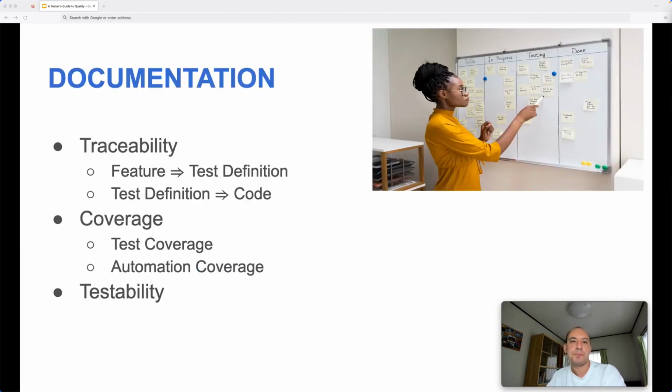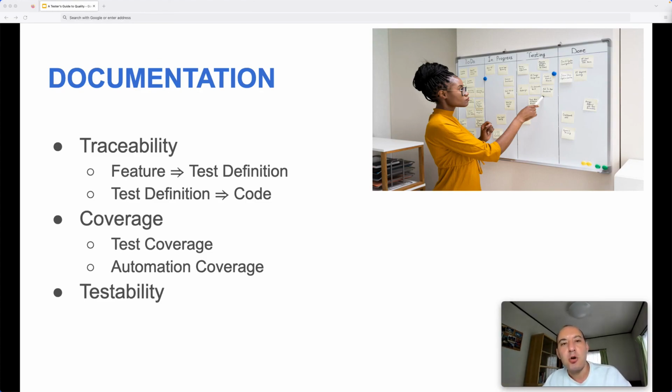And one more thing we can do after designing our test cases is, of course, generating some documentation revealing the coverage. For example, if we map the features to the test cases, then we can understand which features are tested by which scenarios or which cases. Or we can easily see if there is any feature which is not covered by any test case. So if we build these kinds of traceability matrices by mapping use cases, scenarios or specifications to the test cases, then we can reveal our coverage gaps.